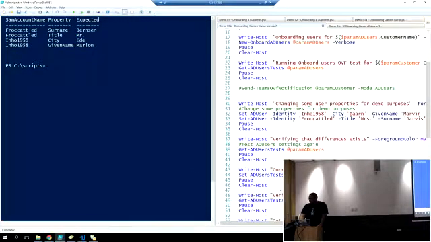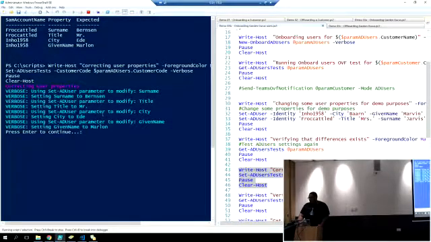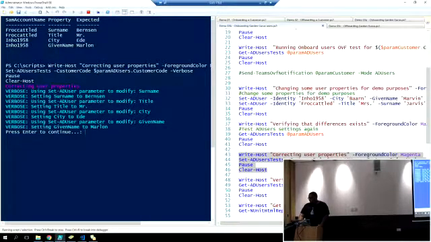Now, to correct the user properties, I have a module with a function that will take the errors that are here and set them, and that way you can run the AD test again and make sure that it is as expected, right? So correcting the properties, I'm setting the user surname to Branson, and I'm also setting the title, the city, and the given name. And once you run the test again,